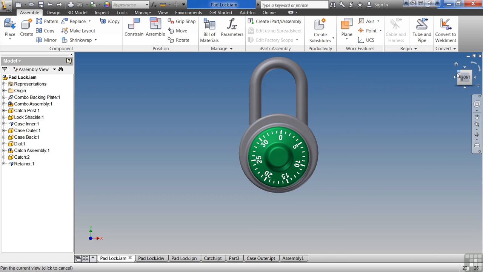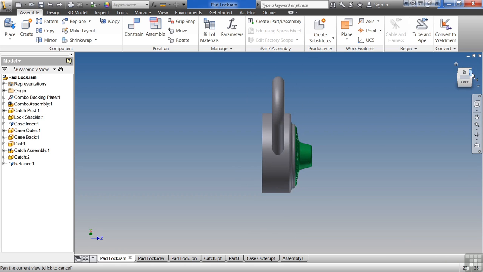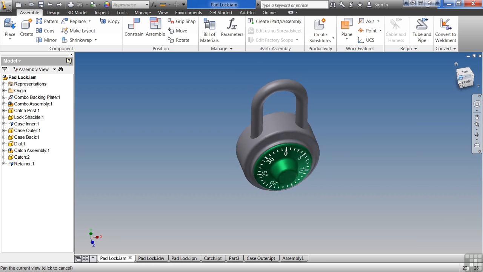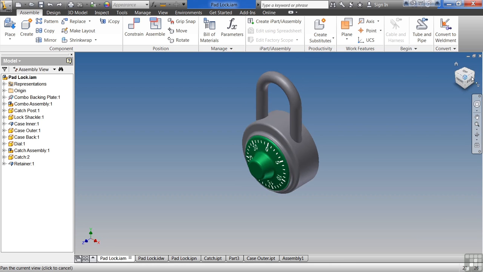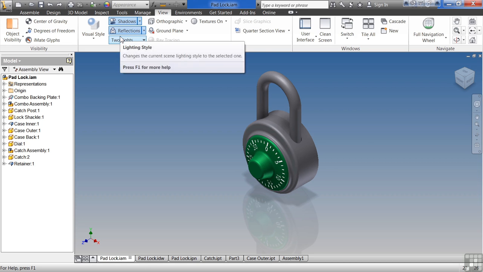I can look at an object at an angle by clicking on the edge of the view cube. It'll zoom me around to whatever edge I'm looking at there. See, I can look at different angles. The other important thing about the view cube is it helps control shadows and reflections. If you turn on your shadows and reflections for modeling, to be able to get a better understanding of what something's doing,